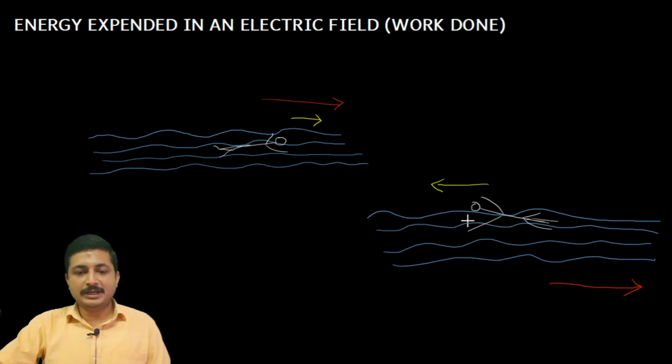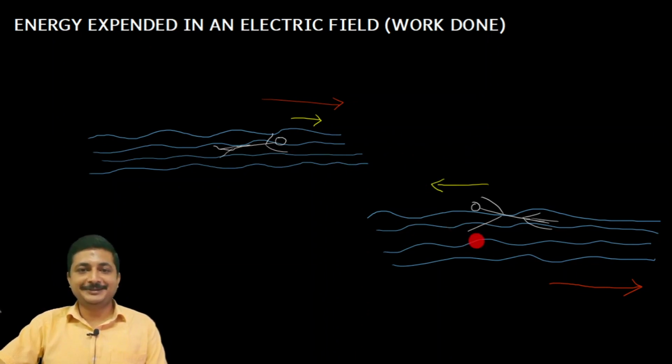Okay, now how are we connecting this to energy expended? In this case we consider that you have enough energy in you and you are swimming in the direction of the flow of water. So if you are asked to swim 200 meters, maybe you can swim this 200 meters because you can save energy while swimming in the direction of the flow of water. If time doesn't matter, you may float on the water also. The water will take you towards your destination of 200 meters.